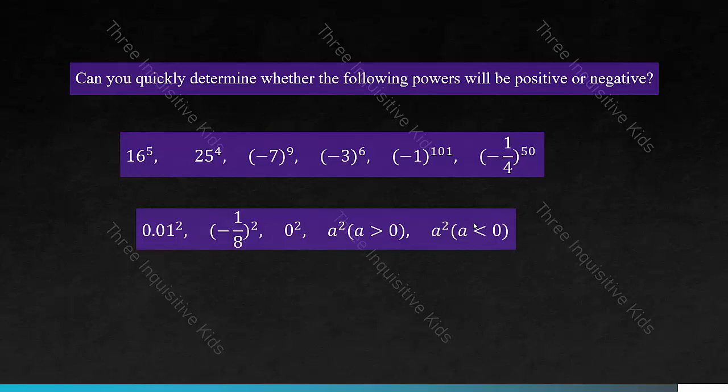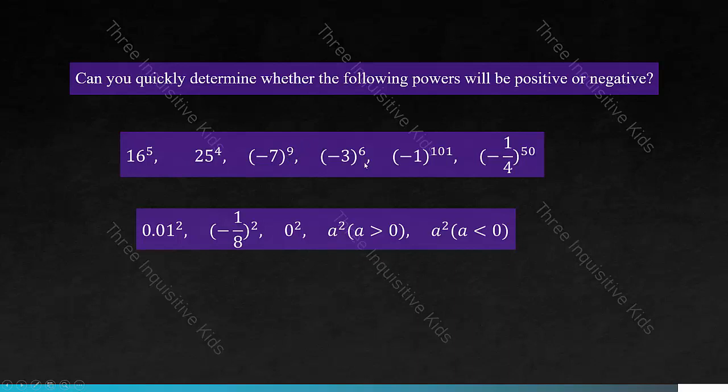The first one we have is 16 to the power of 5. The base is already positive, so no matter what, the power will be positive. It's the same thing for 25 to the 4th power. It will also be positive. Negative 7 to the 9th power is going to be negative because the base is negative and the exponent is